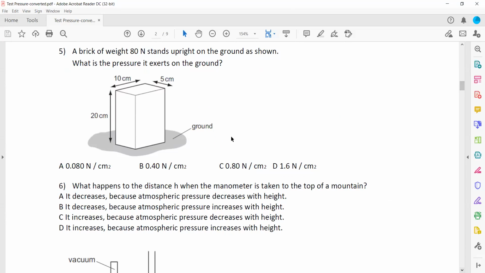Okay, question 5. A brick of weight 80 Newton. So 80 Newton is acting down. Weight is the force, that is 80 Newton downward, and it is placed